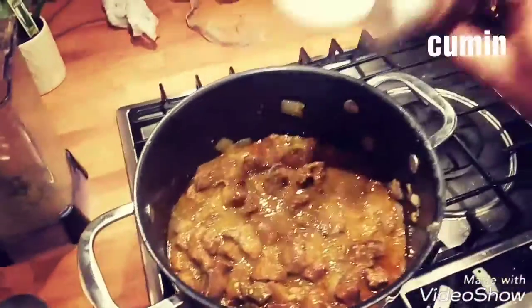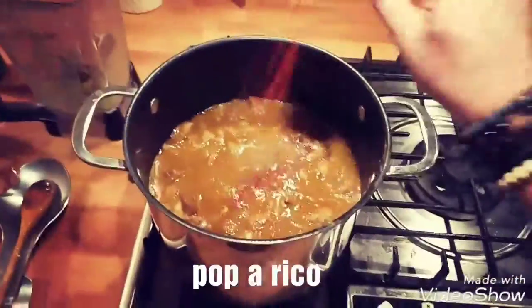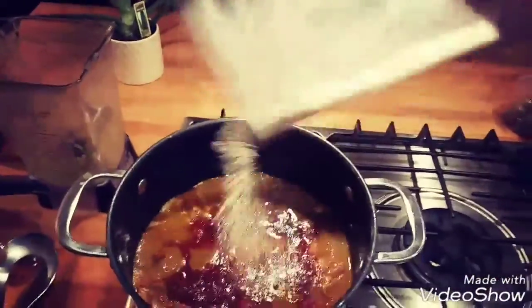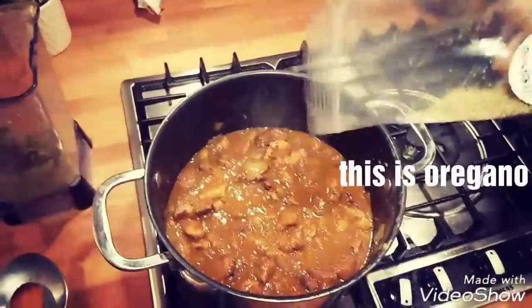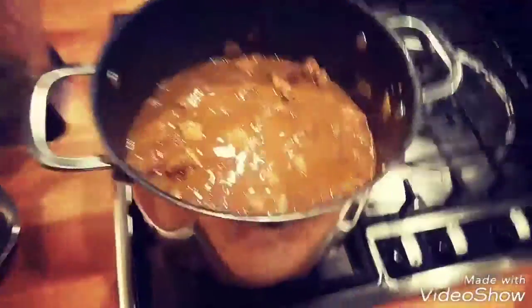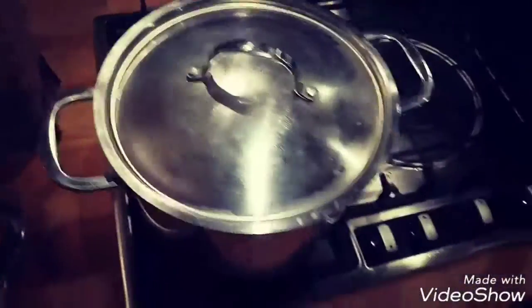Gonna put in some cumin. Make sure to add some paprika, garlic powder. This is oregano. Alright. Put the heat on low, put a lid on it, let it cook for a long